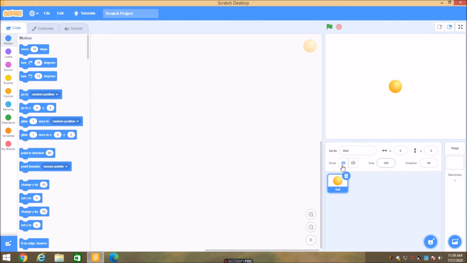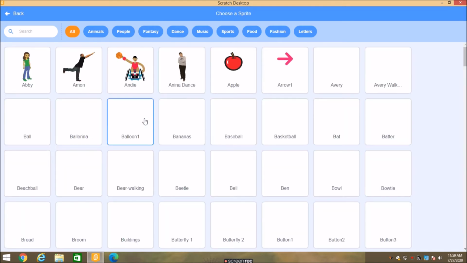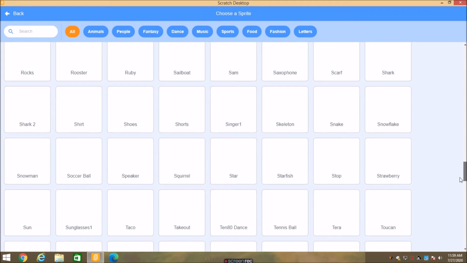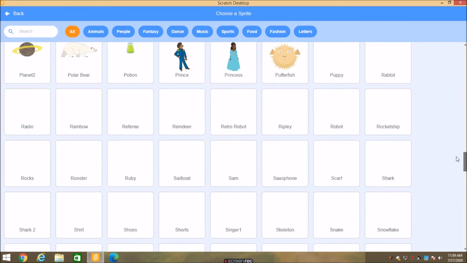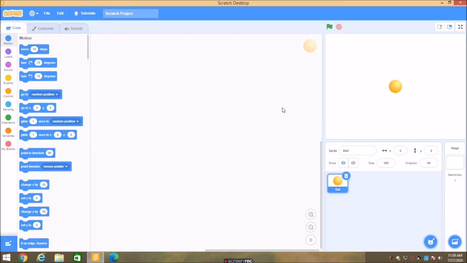Okay, so now we want paddles. Let's look for paddles. Okay, so here is a paddle, but I don't think this will help us, because for our game we need a vertical paddle, since we want two paddles, one on the right side and one on the left side.